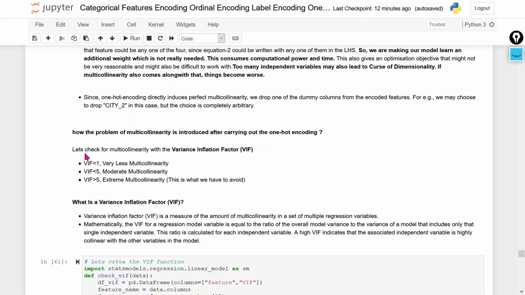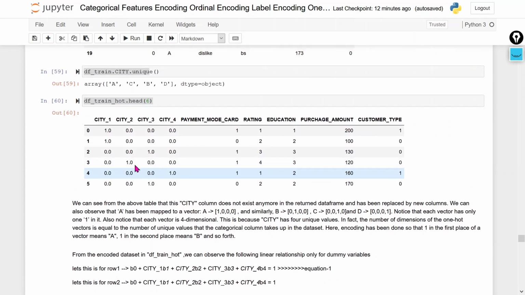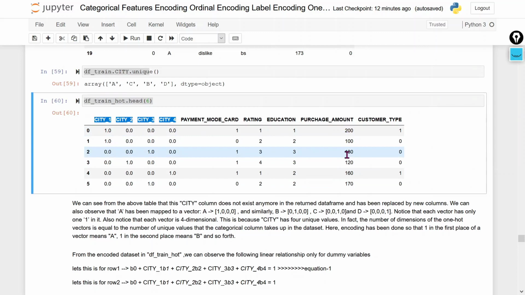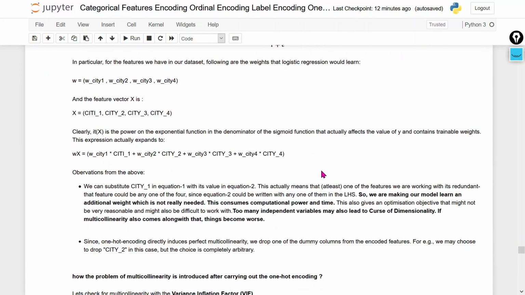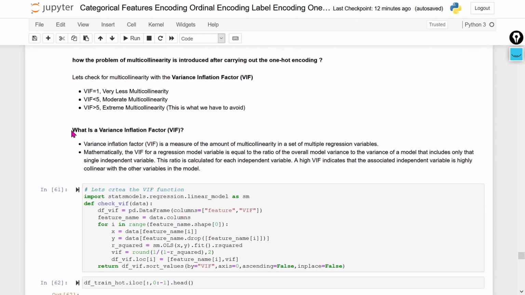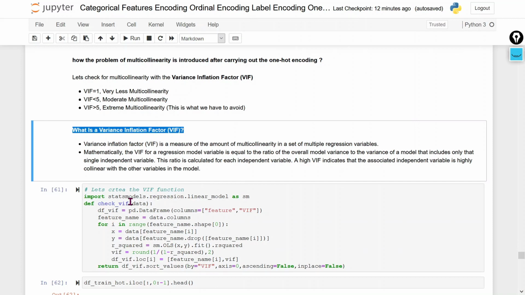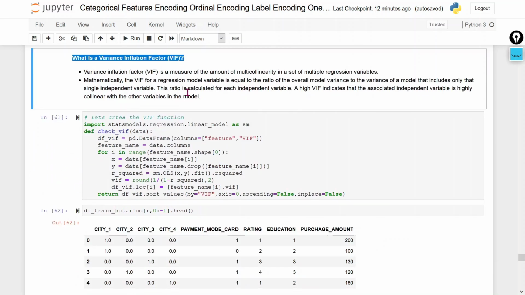Now we will explain how we can check the multicollinearity using this dummy variable. For that, I am going to use the VIF. By using the VIF, we can check the multicollinearity in the system. I will create a separate video on how we can check the multicollinearity in a dataset, and I will explain all those details in that video. But here I am not going to explain all of that, so I am just going to verify here.